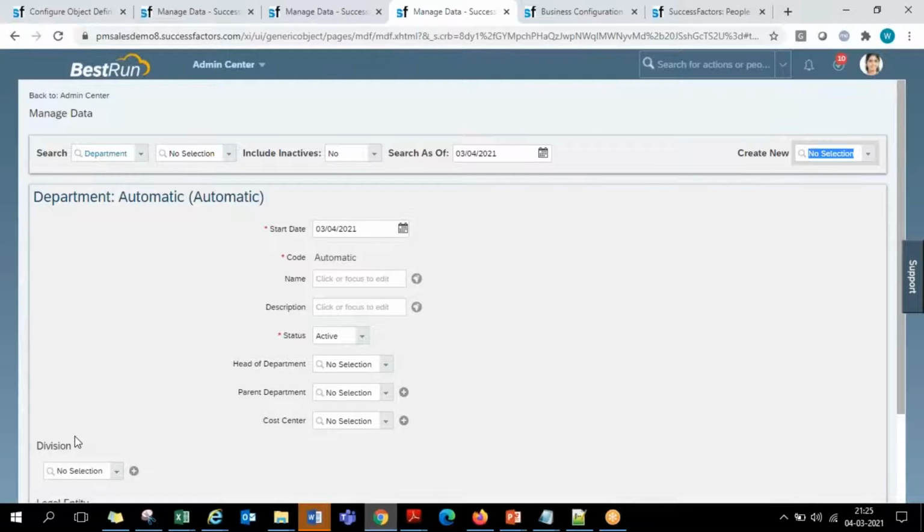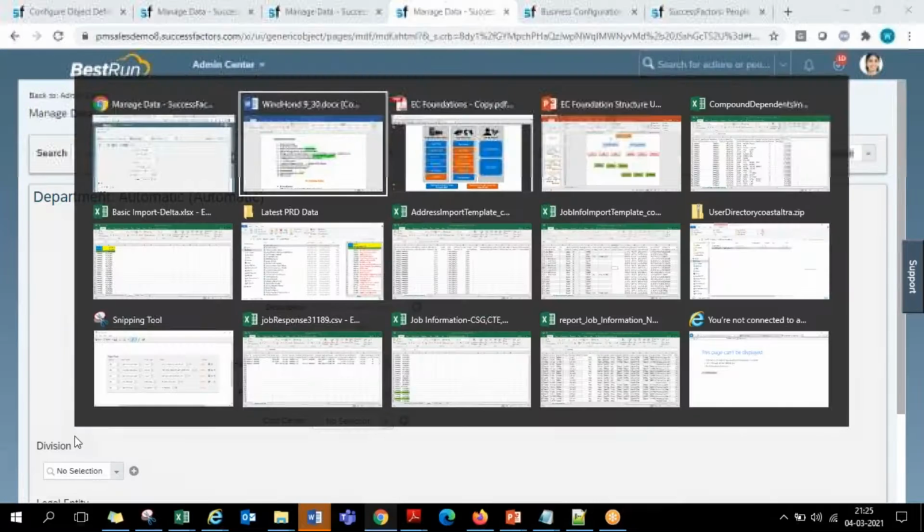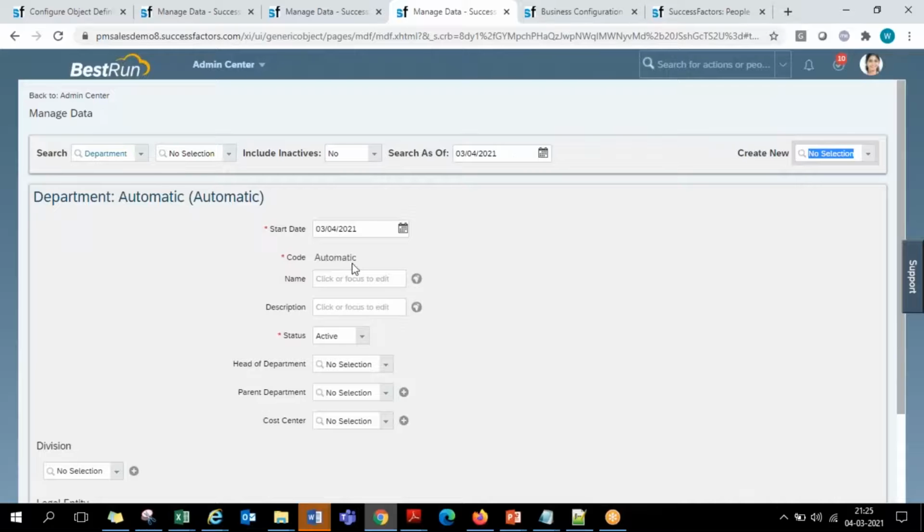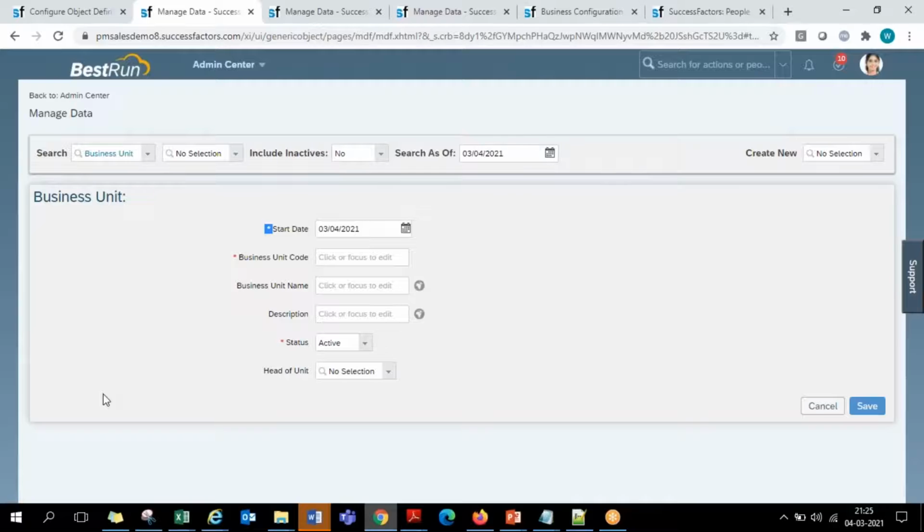So for every layer, the parent layer is what the system is trying to patch up, so that at the end of the day it creates this hierarchical structure. Okay, so at the business unit level, there is no association with the legal entity in this demo system. In this demo system, SF has given it independent. Legal entity and business unit, they have given independent. In the customer system, we can also link that relationship. So in this system, they did not give any parent. Under any legal entity, all the business units can come. That is what they say.